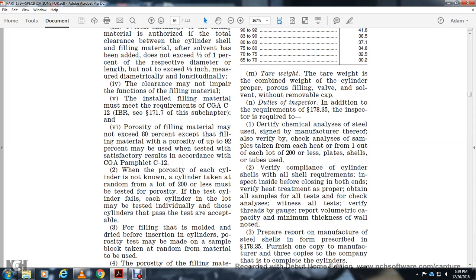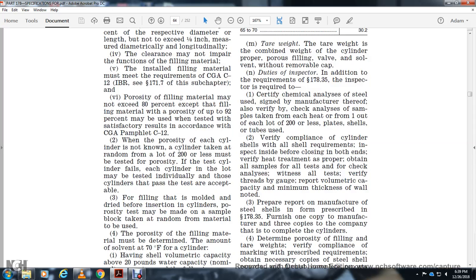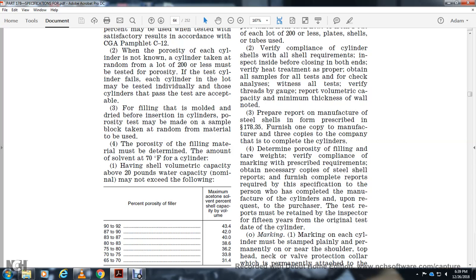Per report, the manufacturer's seal shows the form prescribed in 178.35: one copy to the manufacturer, three copies to the company with the complete cylinders. Determine the porosity, film, tear, and weight of the area compliant with the marking prescribed. Marking with the prescribed requirement, and other necessary copies with the seal of the report furnishing complete